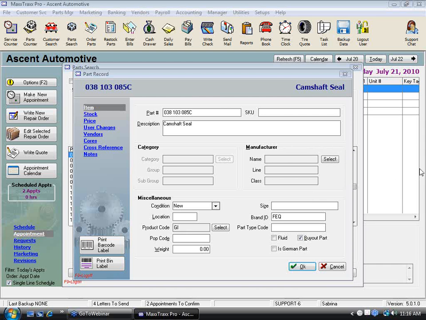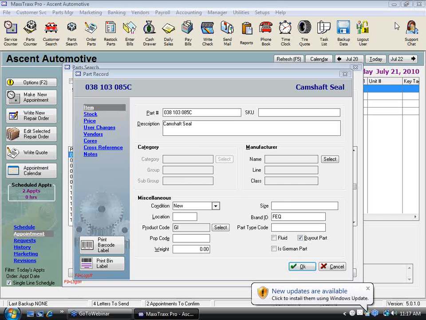That's your choice. Now this buyout is kind of important because a lot of people want to track their inventory, their ins and their outs, and their purchases from their vendors, but they don't necessarily want to jam up their inventory with a massive amount of parts. So when you put that part onto an invoice as a quick part buyout, if you have the box checked to say add to inventory list, it's going to create this part record. Then you can go ahead and order it, purchase it, go through the entire accounting function that goes with it, but later on down the line when you don't want to look at this part anymore,